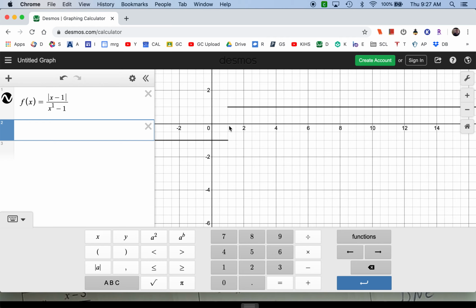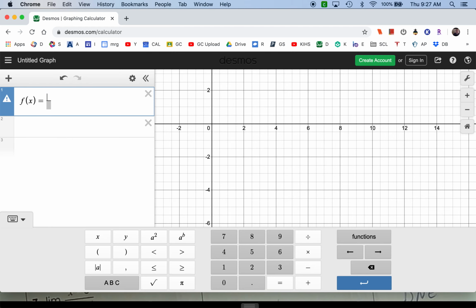So can you see where positive 1 is for x? What's happening to the graph there? Do you see this jump? So there's a jump at x equals 1. Therefore, the limit does not exist. That's it. Looking off a graph. Next,